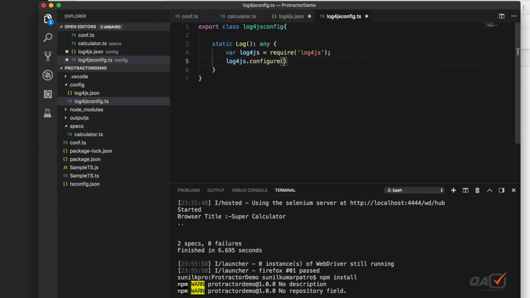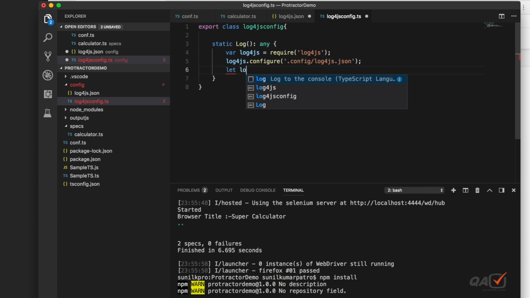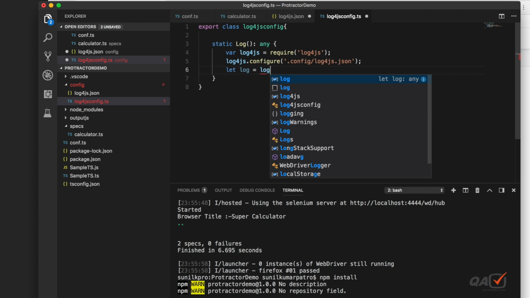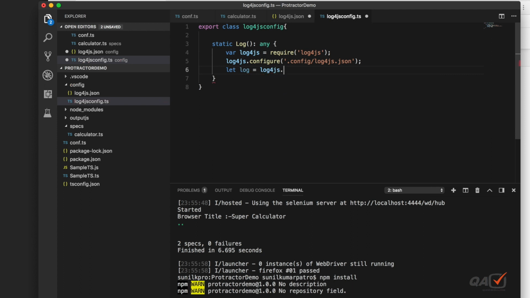Okay, and here I will give that path. So where exactly is this one? Under config you have log4js.json. Okay, so this is my file path. So here I am basically loading that. Now what I will do, you can either use var or let as well, it doesn't matter, equal to. So here what I will do, log4js dot